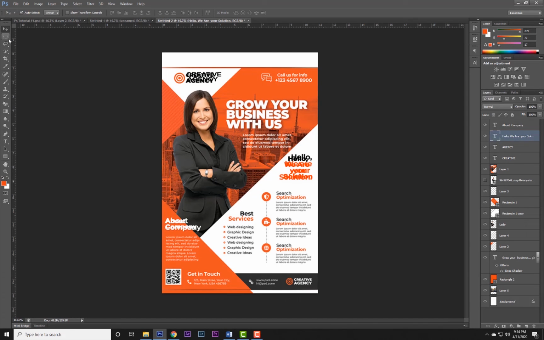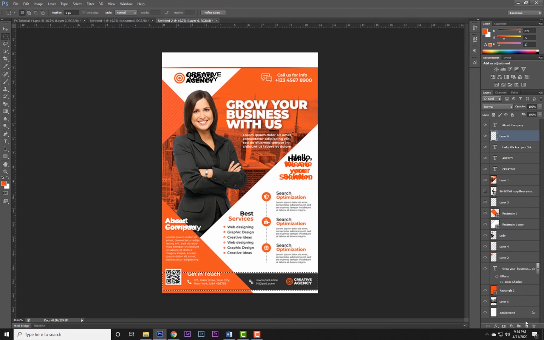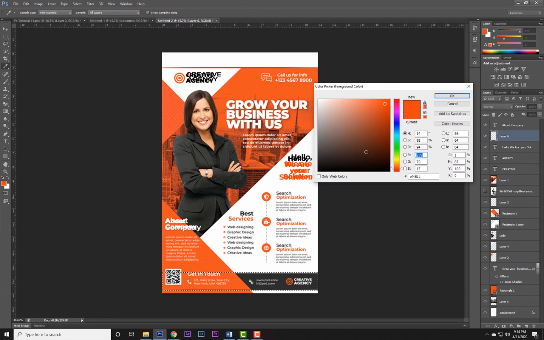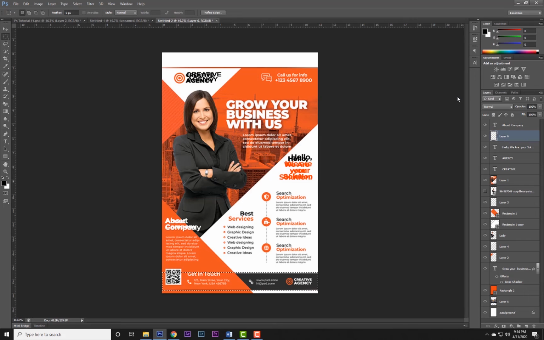Alright guys, so we did not create this layer down here, this dark layer. So we're going to be creating that dark layer right now by just clicking and dragging a rectangle, creating a new layer and adding some color. I'm going to be selecting black, since this inside of this shape is black, and adding my color by pressing Alt and Delete, and there we go. Move this layer to where we want it, which is right here,